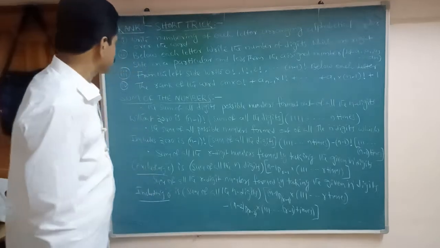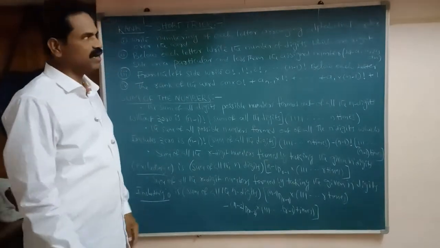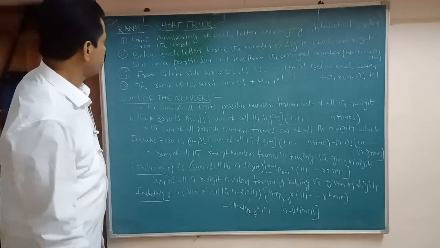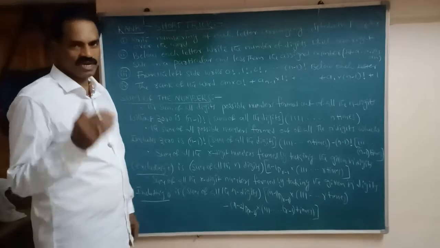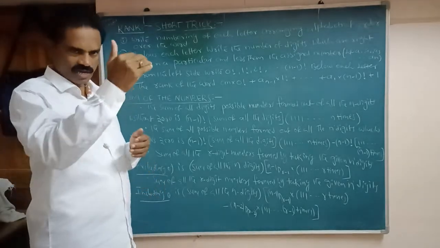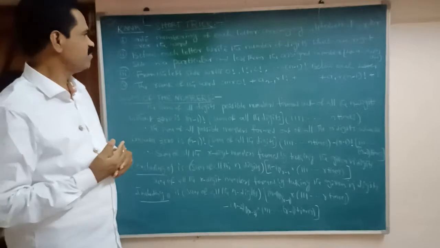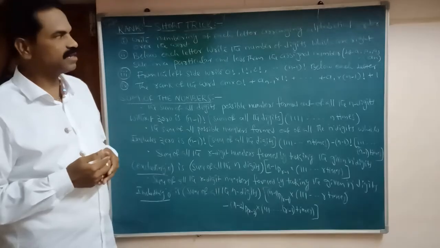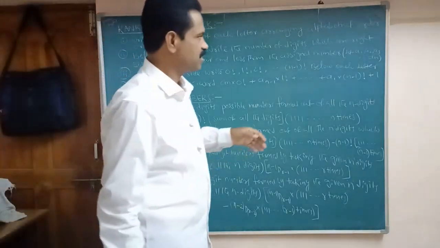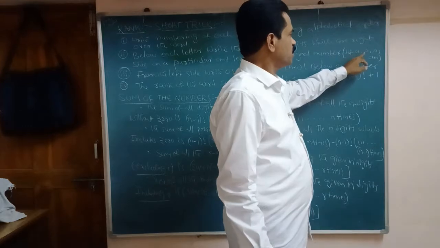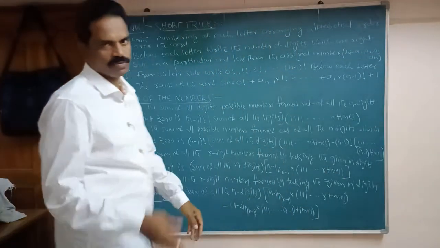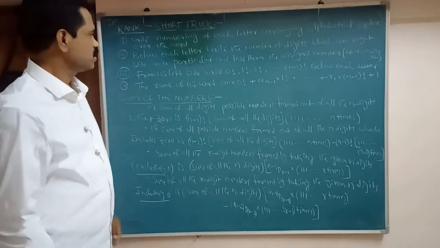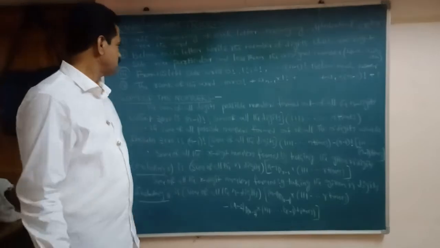Write the numbering of each letter by arranging in alphabetical order, meaning A, B, C, D like this. Write down the alphabetical order over the word. Below each letter, write the number of letters to its right side which are less than the assigned letter. Suppose here A1, A2, A3, and so on, An is there. Suppose 4 is there, then how many below it are less than the assigned letter?